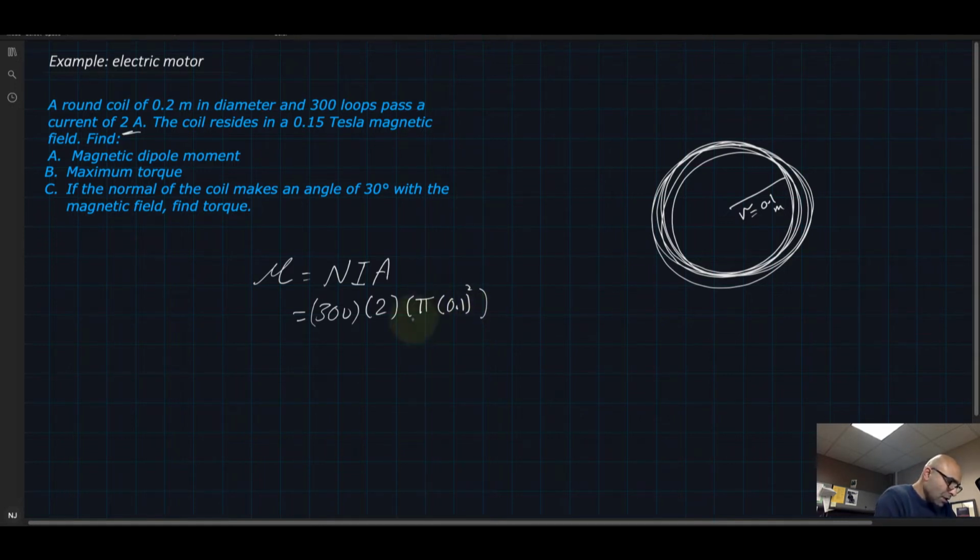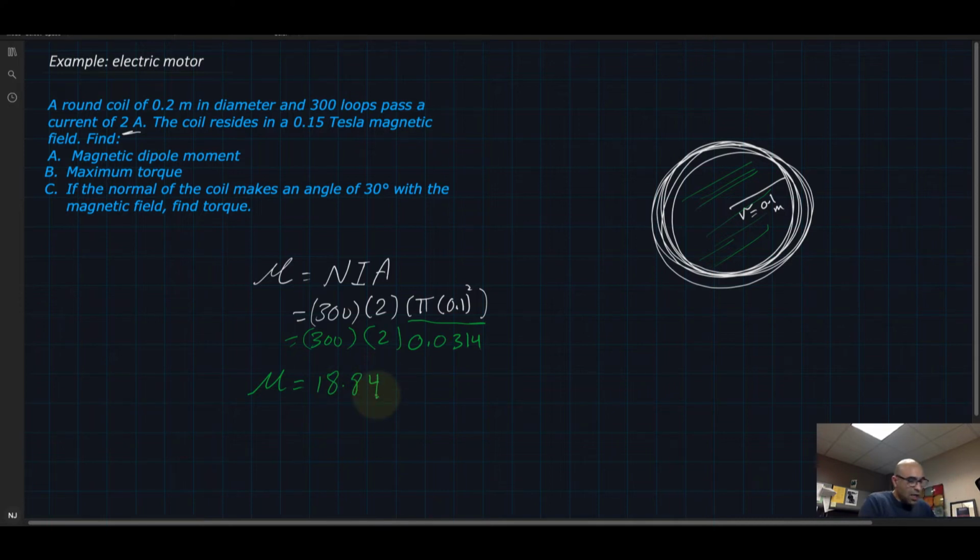So this is pi r squared, which is the area of the coil, and after some calculation, we get 0.0314 meters squared, and that's multiplied by 2 and multiplied by 300. Then mu is equal to